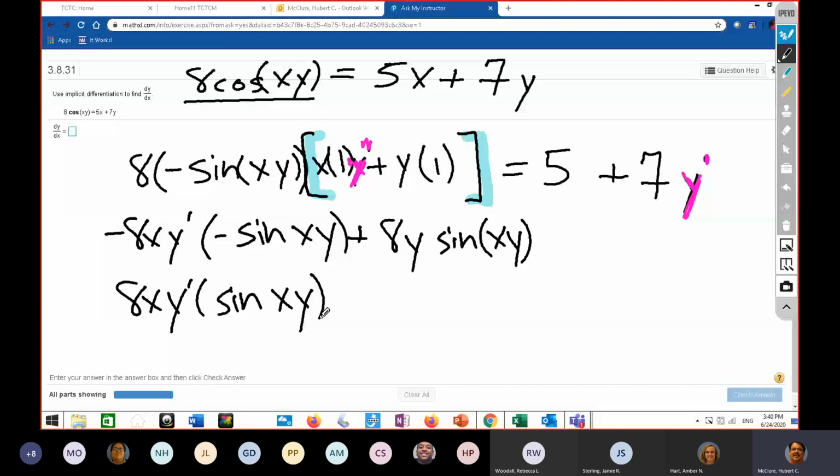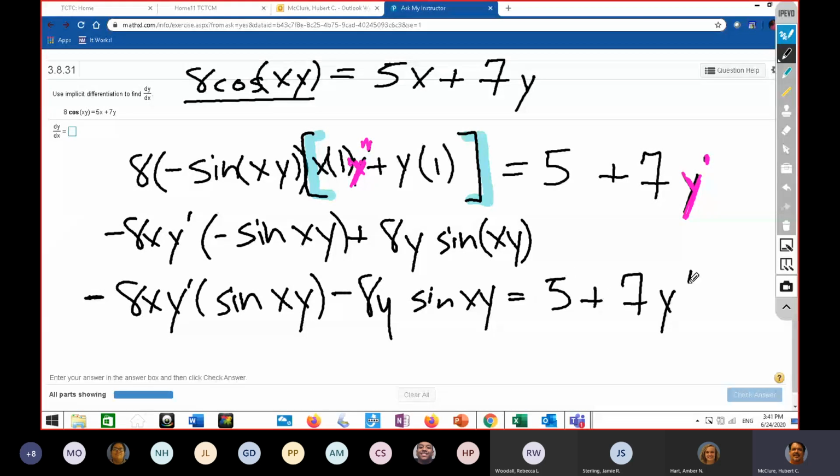I'm sorry, that's right. That's supposed to be a negative. This is supposed to be a negative. I should have distributed, is what I should have done. And that should be a -8y right here. -8y sine of xy is equal to 5 plus